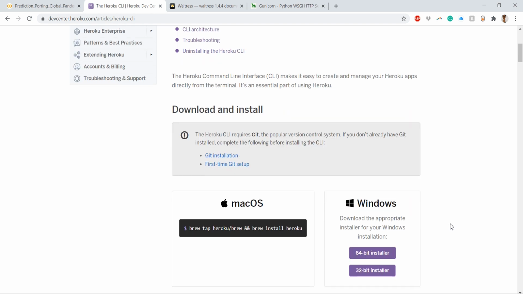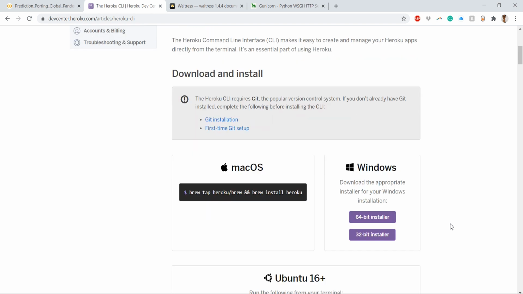This is my Windows machine that I'm using. On three different operating systems, you can use this CLI. On Mac OS, you can install by Brew, and on Windows, I have this 64-bit installer. The Heroku CLI on my machine is the 64-bit form.